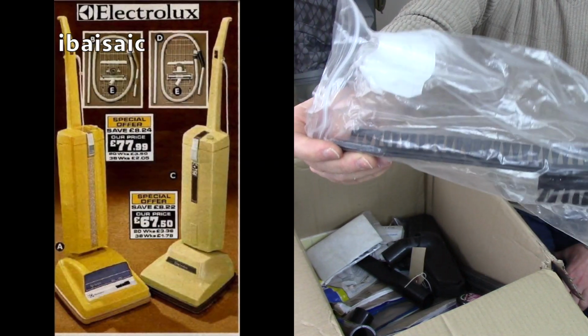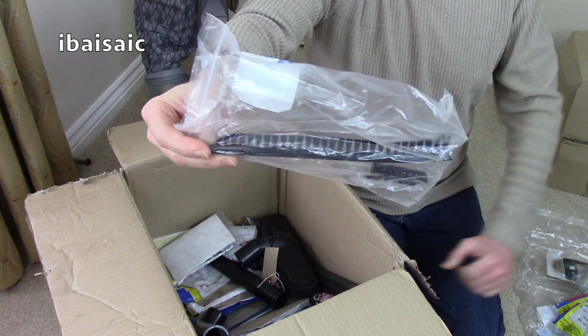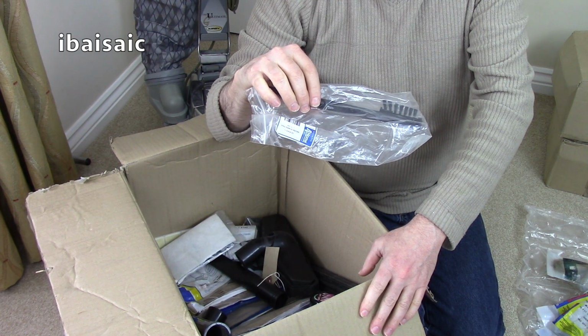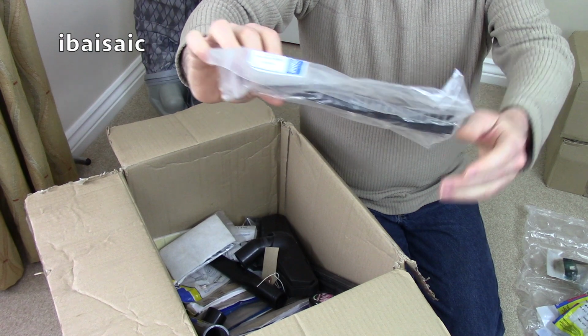They're Electrolux 500 series brushes by the looks of it. I do have some of those. Did I show you that video? Don't know if I have. No, I'm not sure, at the time of making this. Anyway, this is some more